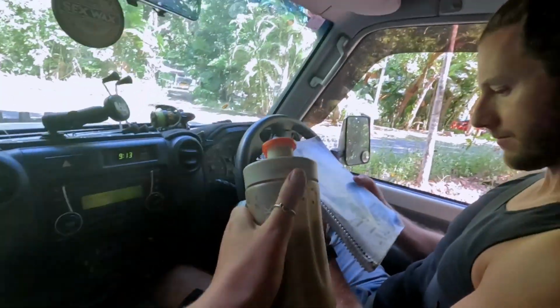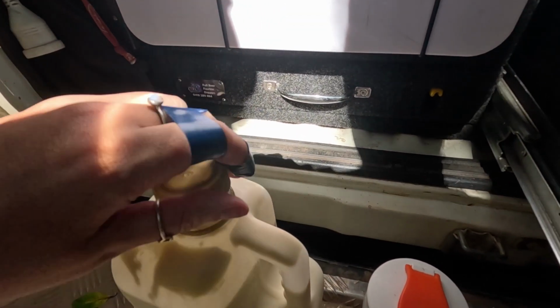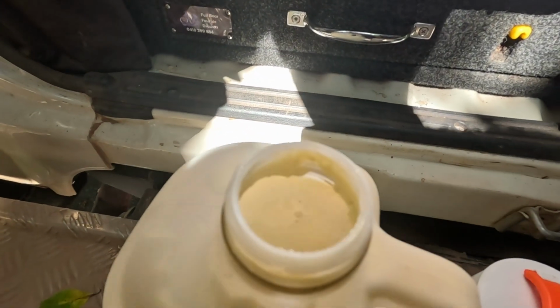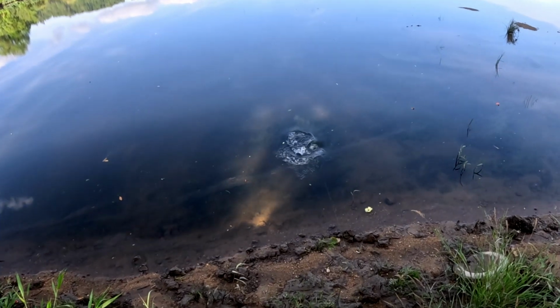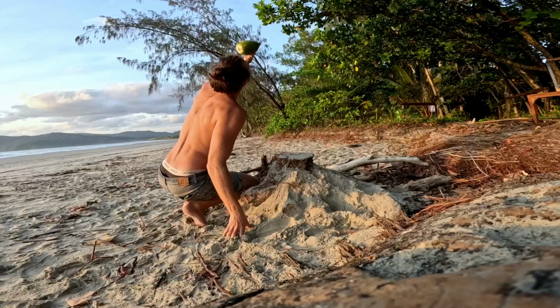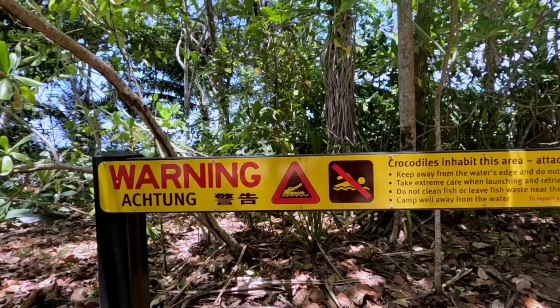Whoa! In other news, Gaz tries to take me out with chunky milk. But when I opened it, it had all that funky stuff in it. Bottle looks lumpy. And I get bamboozled by this little mischievous barramundi. Ooh! So if any of this tickles your fancy, then feel free to stick around and join us for another